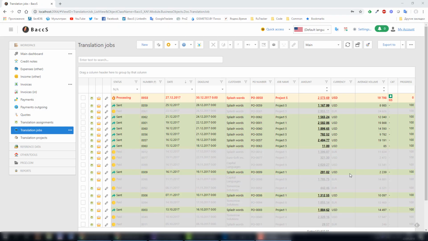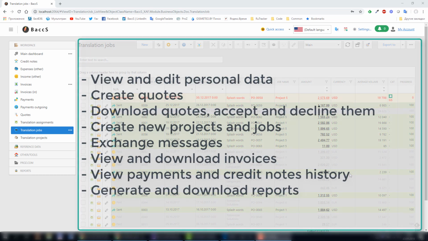Hello! From this video you'll learn how to set up Portal for customers and how to use it to make relations with your customers more streamlined and automated. Currently, Customer Portal allows customers to view their personal data, quotes, projects, jobs, invoices, payments, and credit notes,